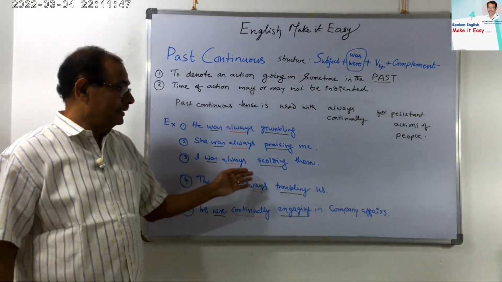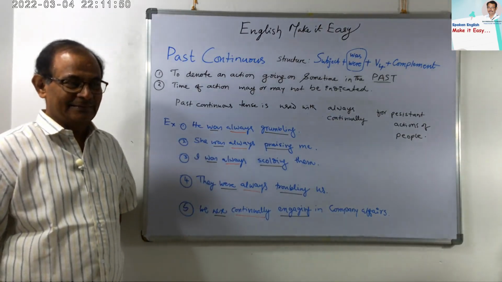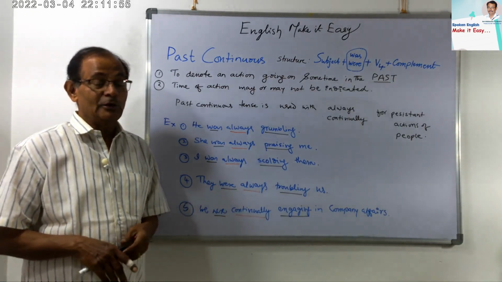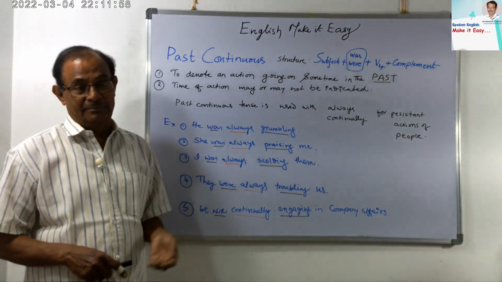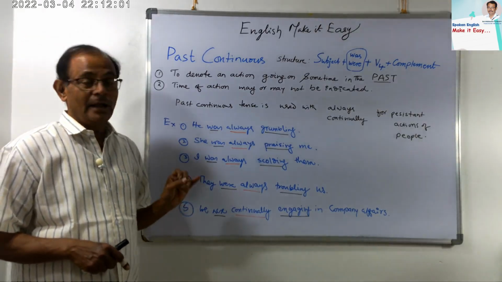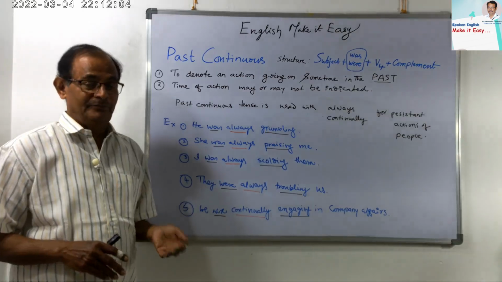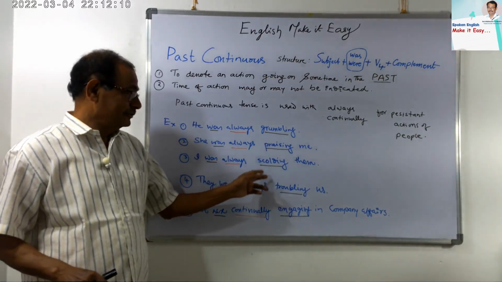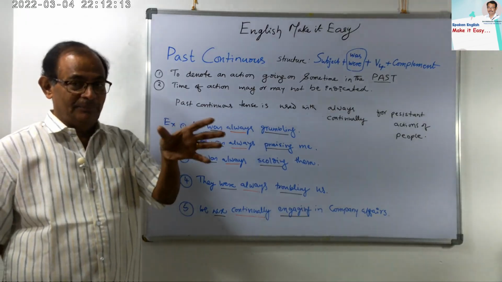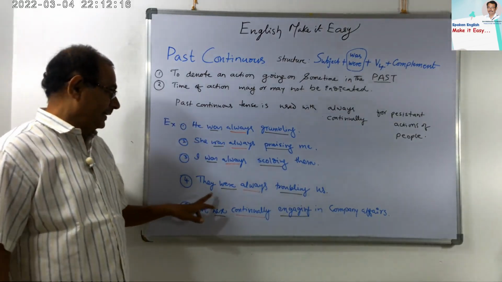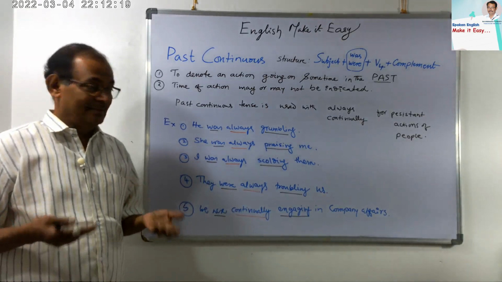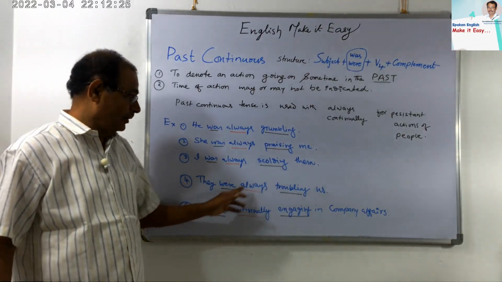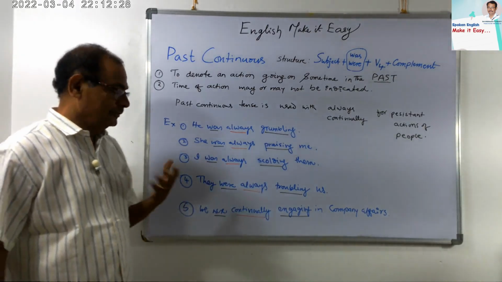Then, I was always scolding them. There were some rascals in one of my batches. They don't learn, number one, and they don't allow others to learn also. That is very bad. If they don't learn, it's okay, but they should not disturb others. So that's why I was always scolding them, that particular batch, two or three people. Okay, students. Next, they were always troubling us. They were always troubling me and the entire class.